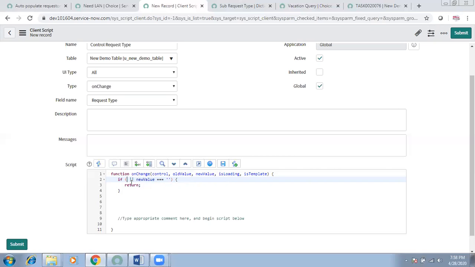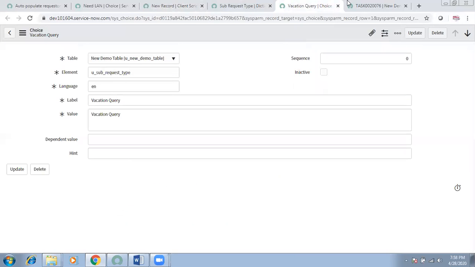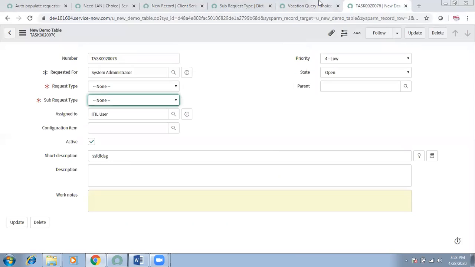And there is no return further. If it is false, then it will not go into the code and it will start executing the code from line number 5. When it will be false, when the form will not be loaded, basically in case of on change. Now, as we want to achieve this requirement,